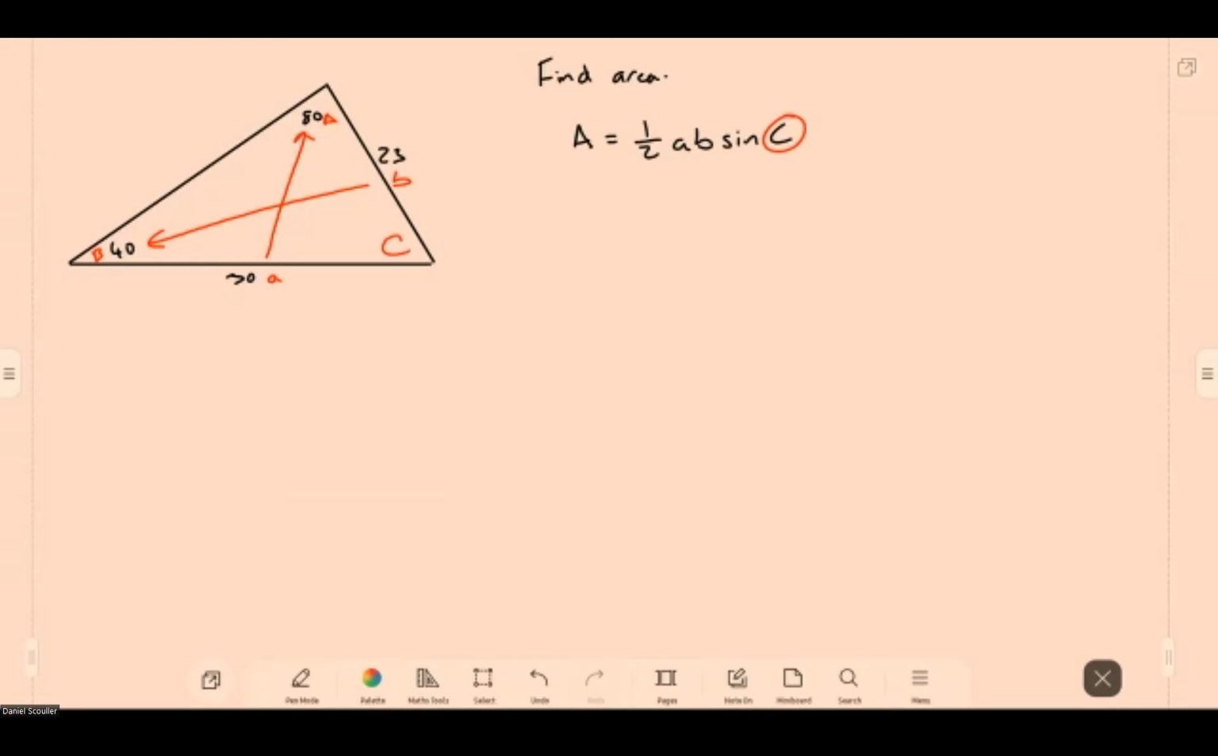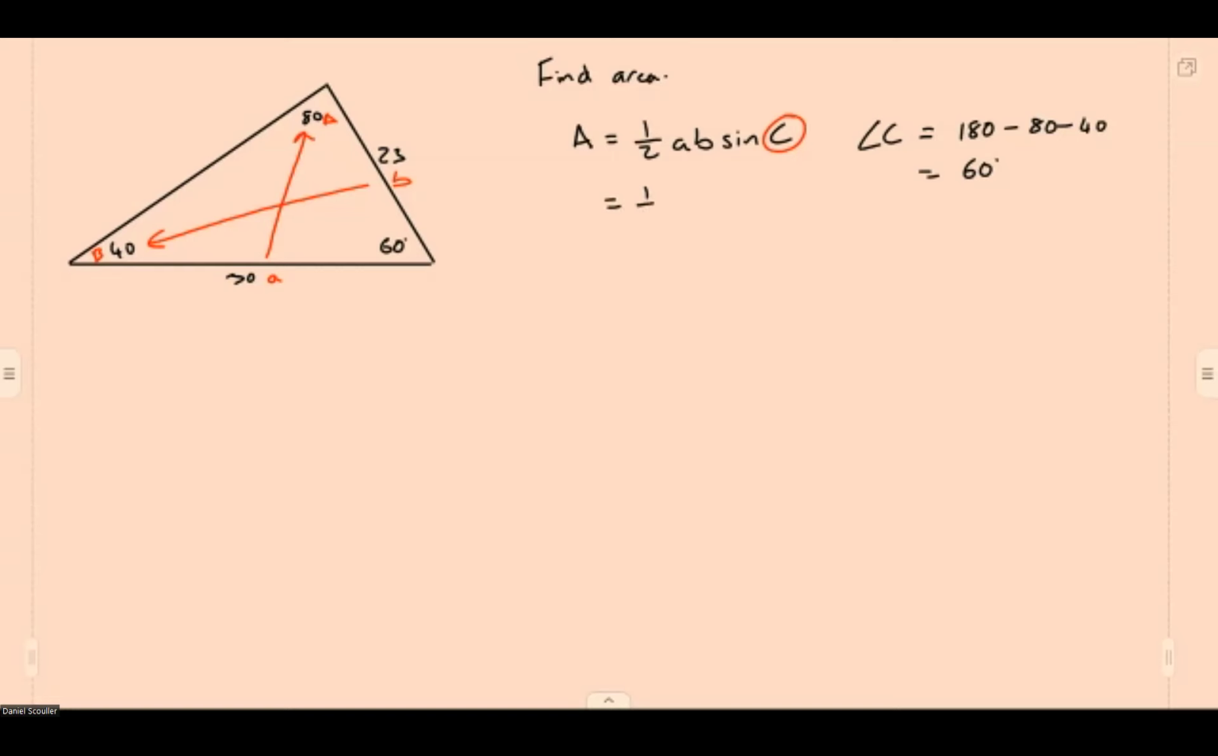So angle C will be 180 minus what we have, so minus 80 and minus 30. So 60 degrees. Angle C in there is 60 degrees. So now we've got all the information we need. A half multiplied by A